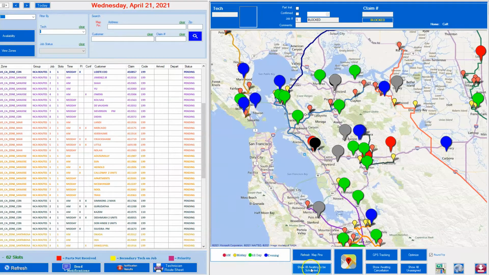So down here in the left hand side we have a new feature that's called Show All Claims Waiting to be Scheduled. And what that's going to do when we click on that button, it's going to populate all of these new different colored push pins